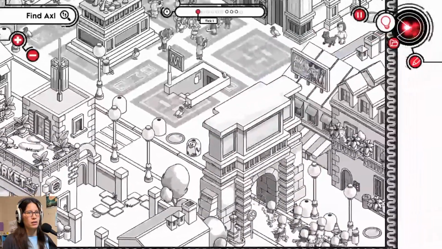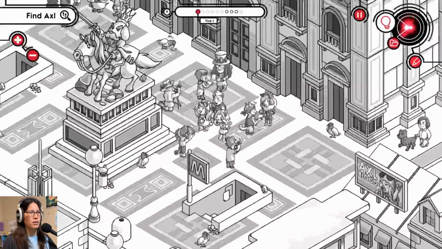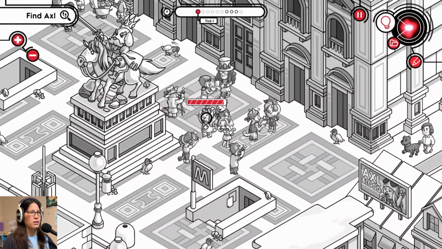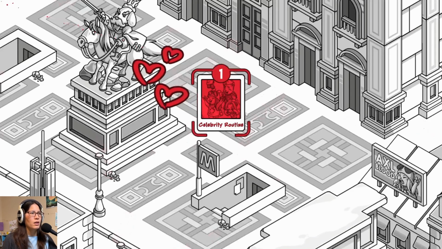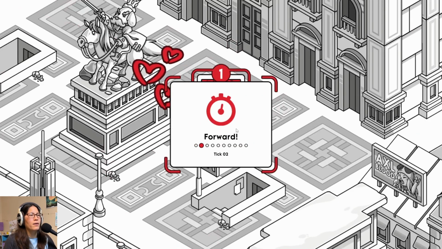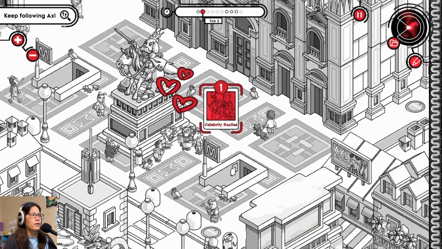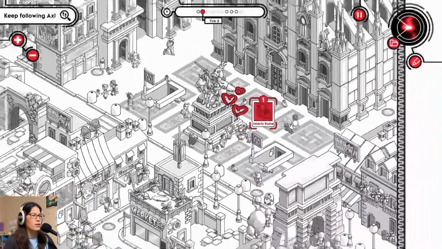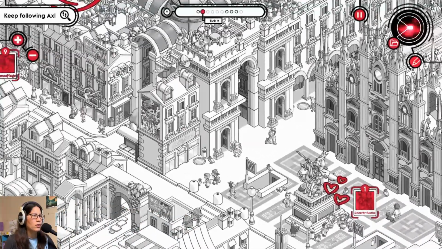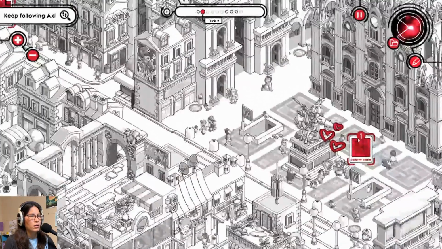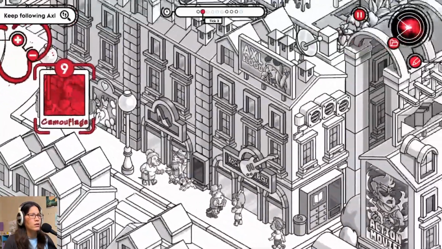Huh. Not in the marching band. Oh, there he is. Right? I think. Celebrity routine. There he is. Forward. Right, where'd he go after that? It's probably somewhere around there. With his buddies. Walk away over here, or